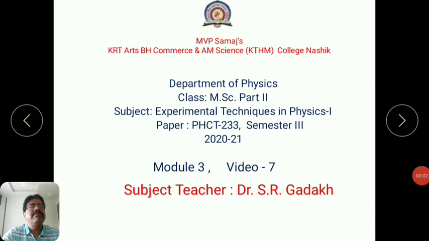In the earlier lecture, we have studied the two types of vacuum pumps. The first one, that is positive displacement pumps, and the second one, that is momentum transfer pump. And last time we have just started with the third type, that is capture pumps. So one of the examples of capture pump which we have studied last time was the titanium sublimation pump.